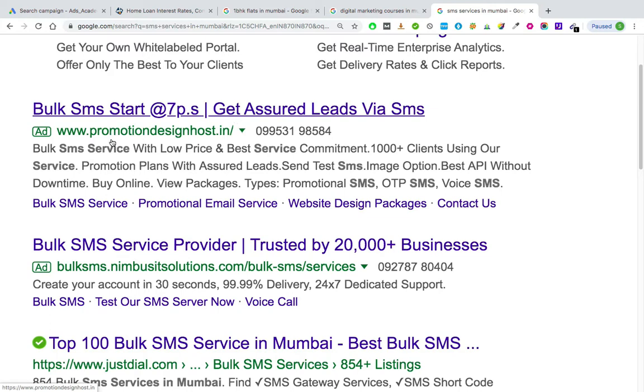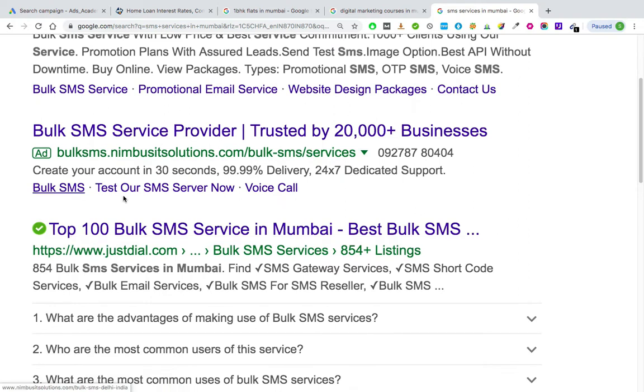H1, H2, display URL, description, the gray lines, and site link, site link, site link, site link. In this case also we can find 1, 2, 3 site links. So site links are clickable entities, okay, which take the user to other important pages.